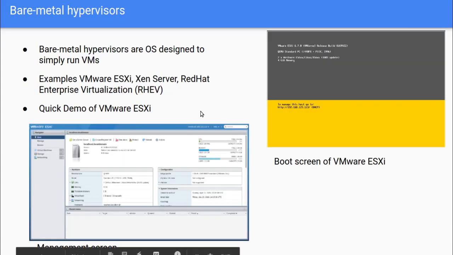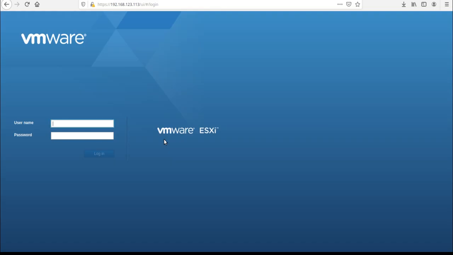So we'll just run through a quick demo. This is going to be just a quick overview of the interface of VMware ESXi. So let's jump over to that. When you first get to VMware, this is running on a separate system. In VMware, you log in to the management console. They have a management console which they give you at an IP address. So inside this IP address, you'd be able to go in, you enter root, the password,